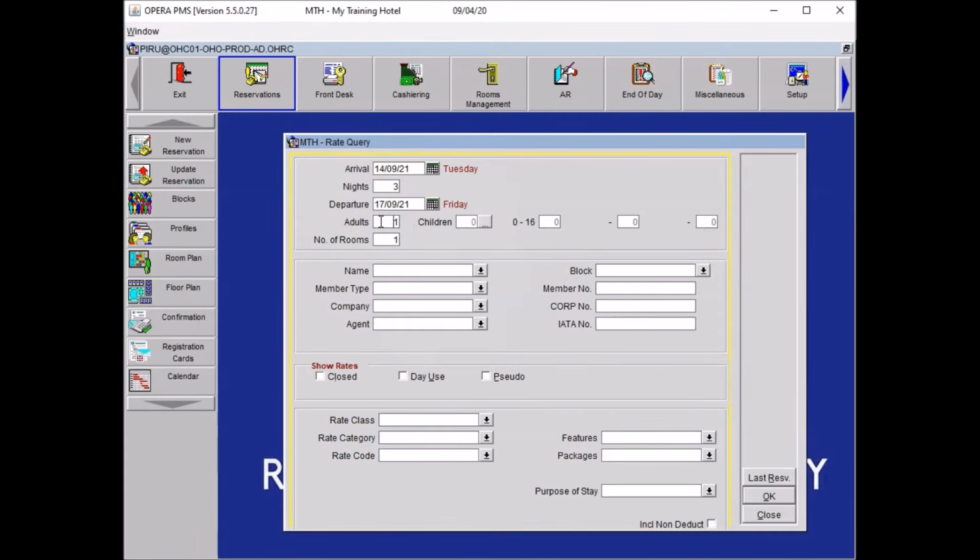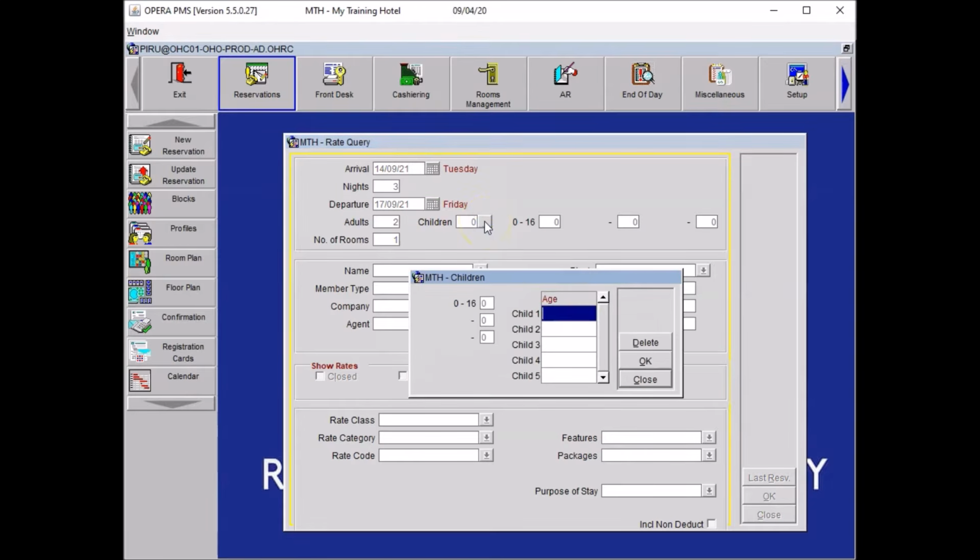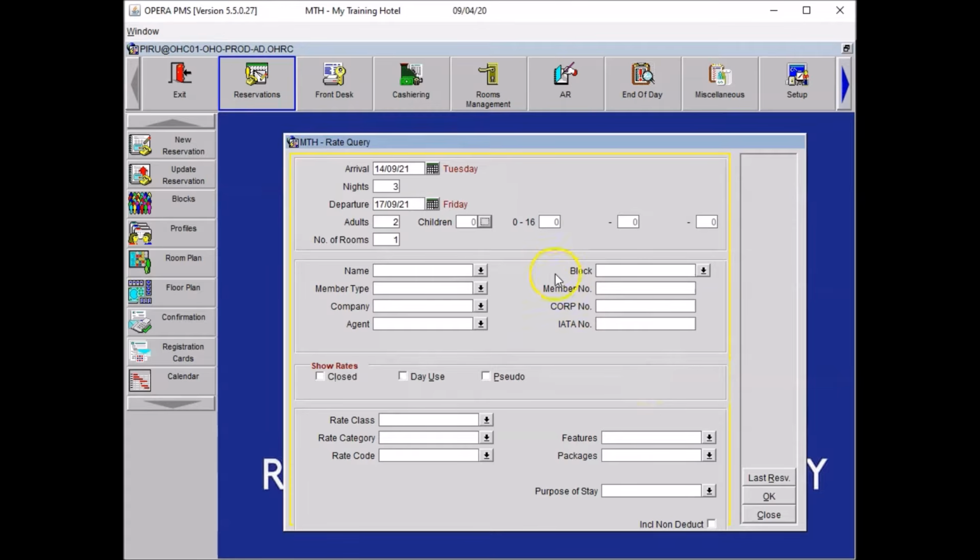In our example, let's say that we want 2 guests, so we just type in 2 guests. If you wanted to add any children, you just have to click on the ellipsis just here, and you will have to type in how old they are. Okay, a child can stay for free in the room of his parent from 0 to 16, then you will have to press OK. In our example, we don't want any kids, close that. And to move on to the next page, you just have to press OK.